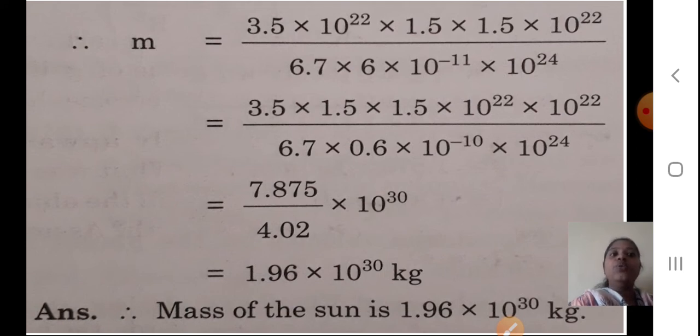Okay students, when you do the multiplication, surely you will get these answers. I hope you have understood what we have done today. All the sums we have solved today, I hope you have understood. Try to solve them in your notebook and practice. You will get the same answers. One or two digits may be different, but the answers will be nearby.